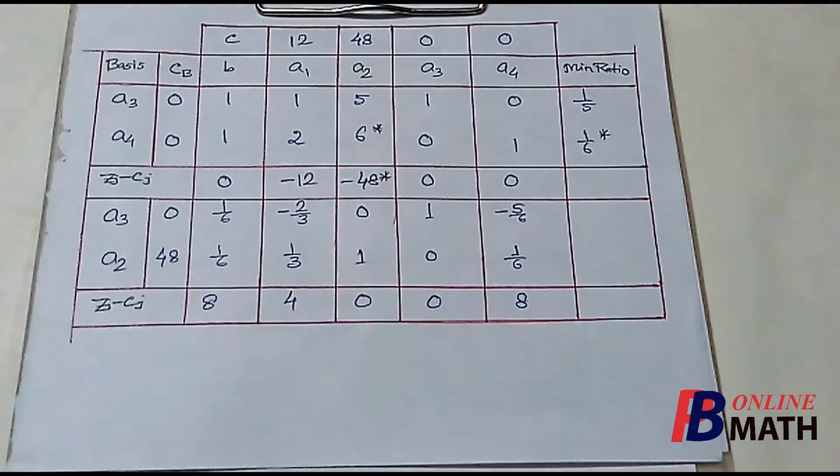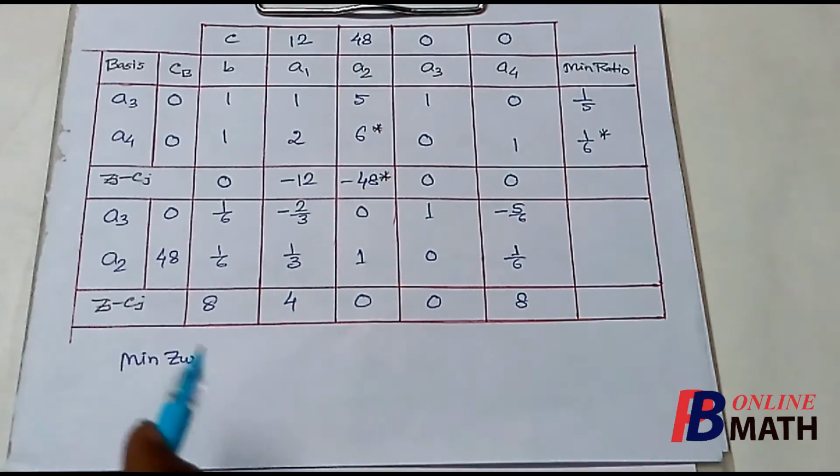So if we solve this problem, then we find that this is the required simplex table, and from the table this is the final optimal stage. We have already found that all the values of zj minus cj are non-negative. So the optimality condition is satisfied.